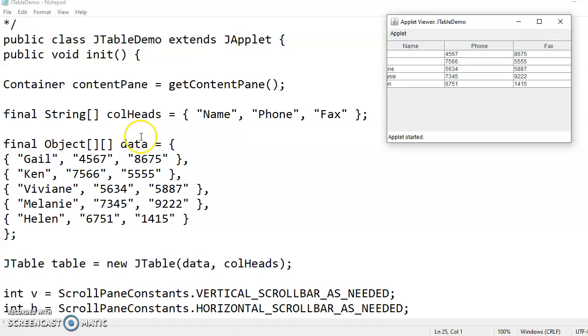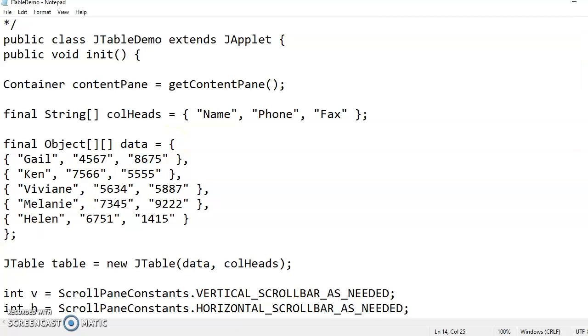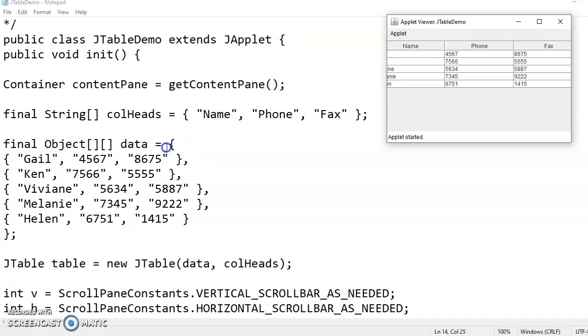And the array name is data, equal to, and you have to write double curly brackets. This is the starting bracket and this is the ending bracket. Now within this starting and ending bracket, you have to write the data for each row in its own pair of brackets.